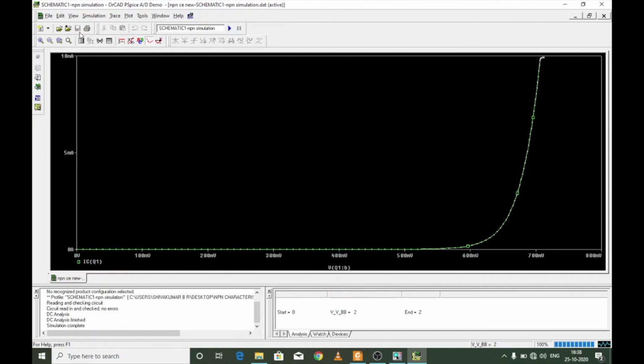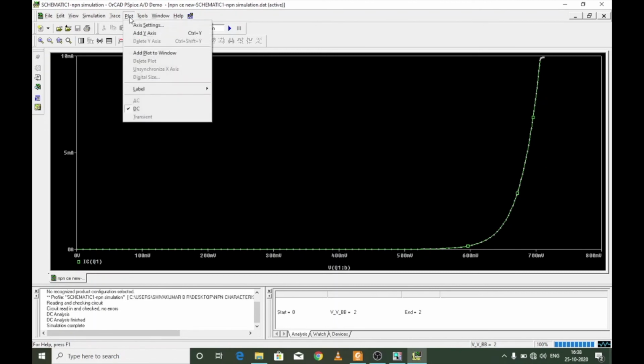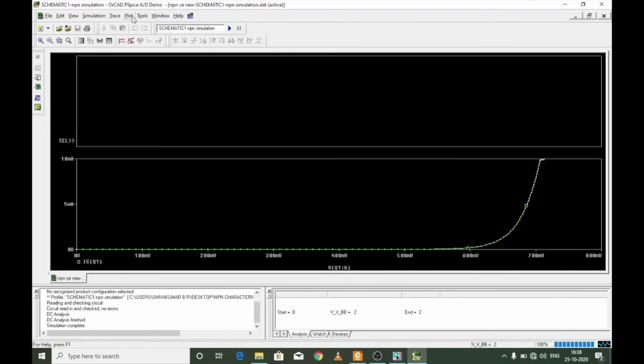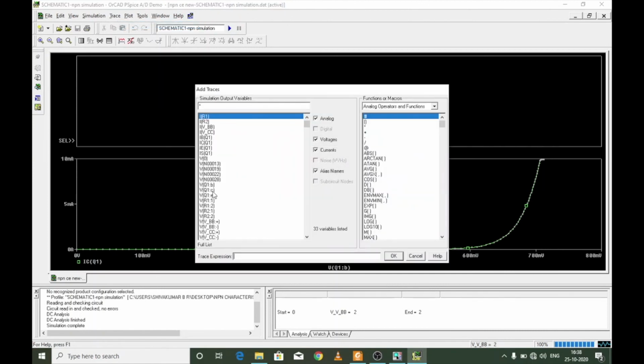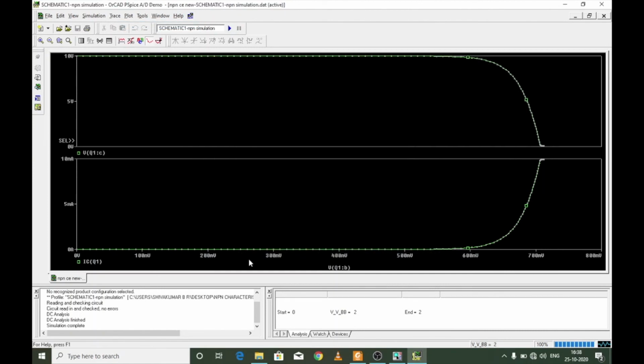On the other hand, if I plot the output voltage terminals, which is VCE, with respect to VBE, I'm going to get a reverse S-shaped curve. I will simulate it again by drawing another plot. So I go to plot and add another window here, add a trace to that. I'm going to record VCE, right? So these are the plots for VBE versus IC, the lower one, and the other one is VBE versus VCE,